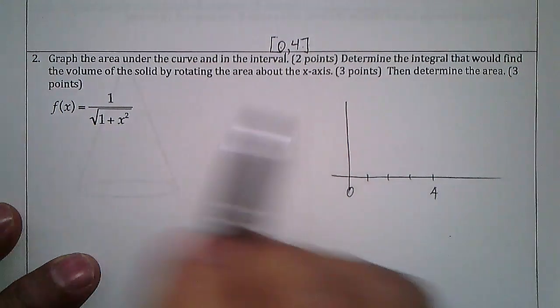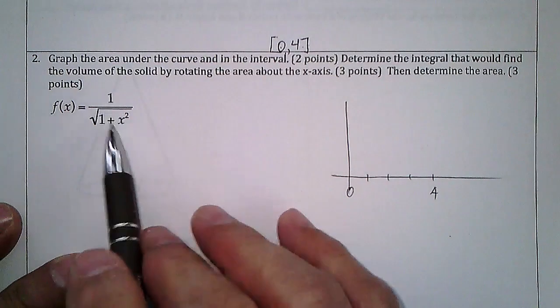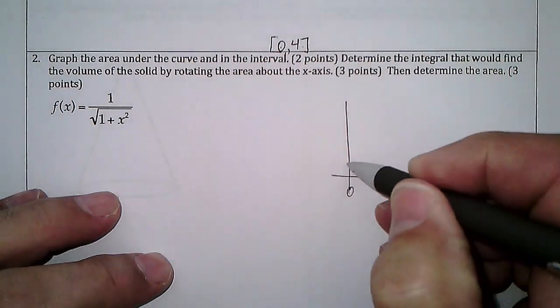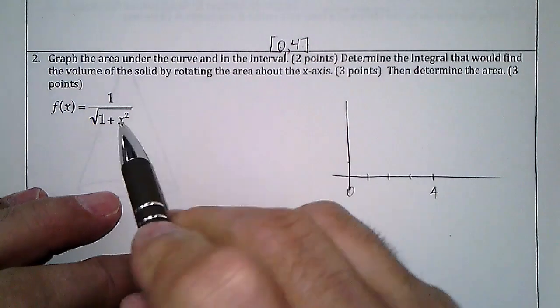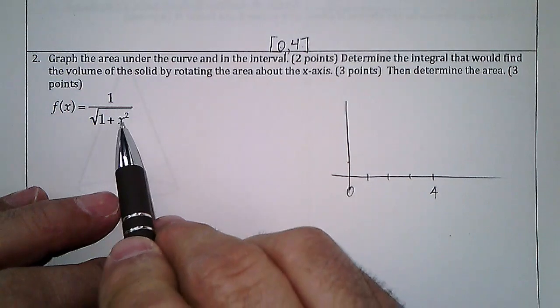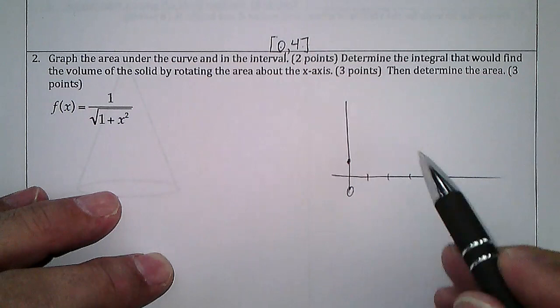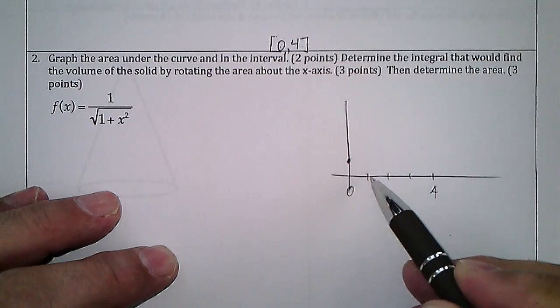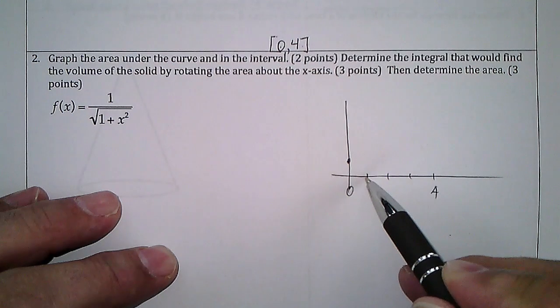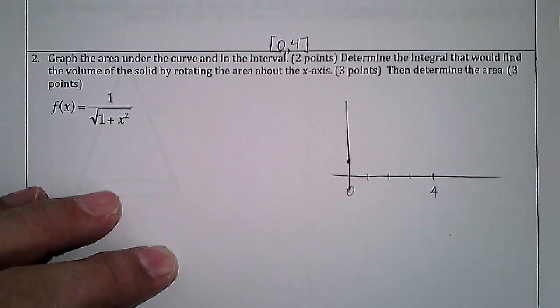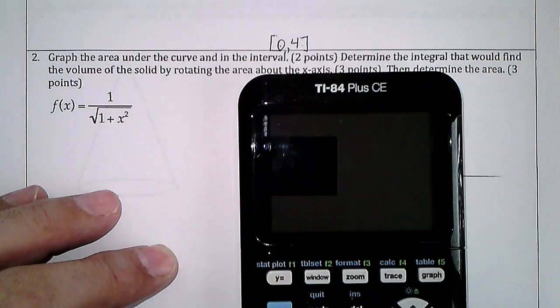If I put 0 in there, I get 1 over the square root of 1, which is 1. If I put 1 in there, I get 1 over the square root of 2, which is